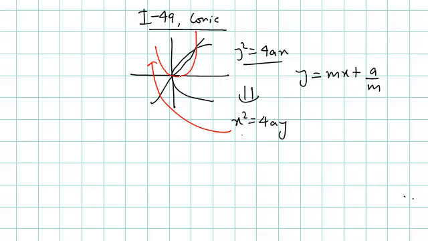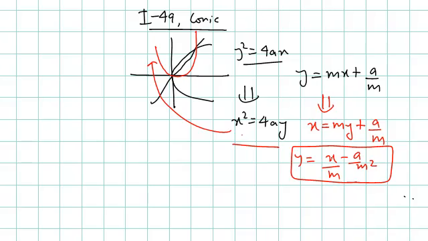Now we need to find the equation of tangent of slope m drawn to this parabola. For that I can change y by x and x by y, because I have done that for changing the equation of the curve. For the equation of tangent also I can do the same, because the tangent will also get reflected about the y equal to x line. If I do this and express y in terms of x, then this is the equation of a general tangent, but we cannot say it is the equation of tangent of slope m, because m is not representing slope.